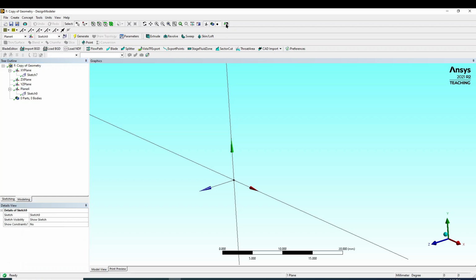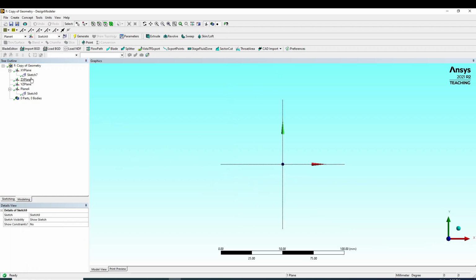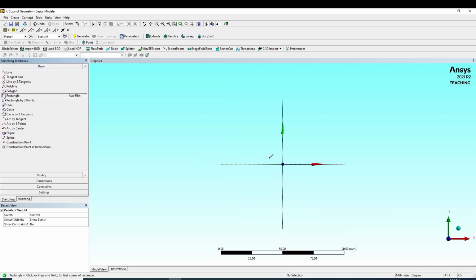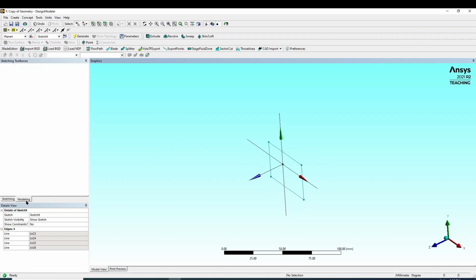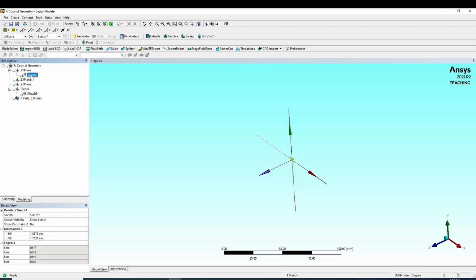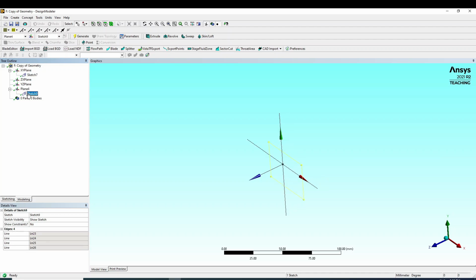Go to the sketch, look at face. I can draw another square in this case. Okay. Now, generate. I have 2 sketches now, this one on the XY plane and this one on the new plane.